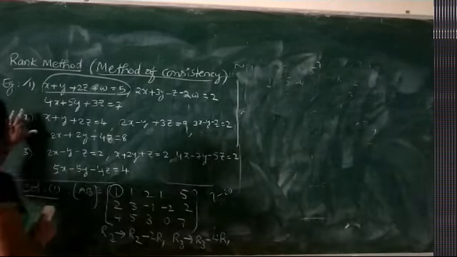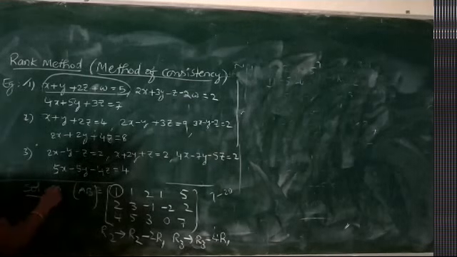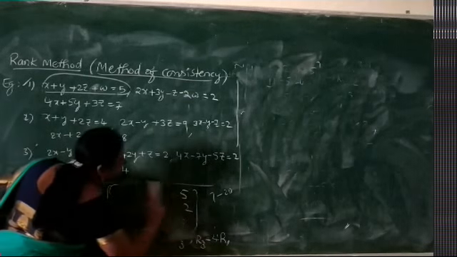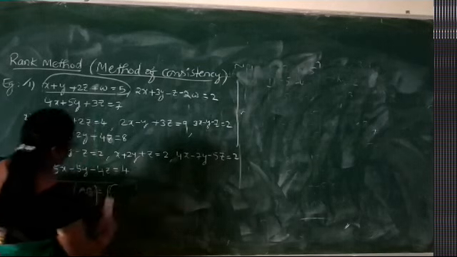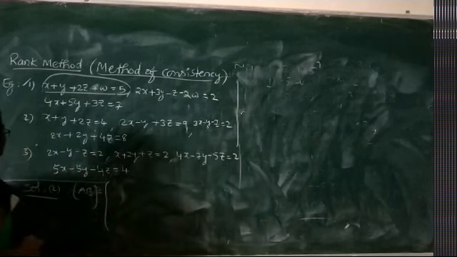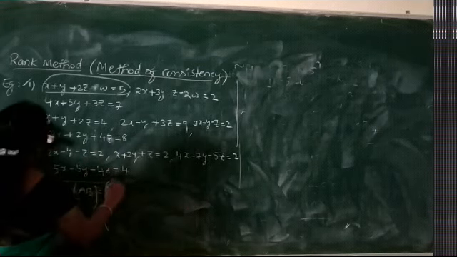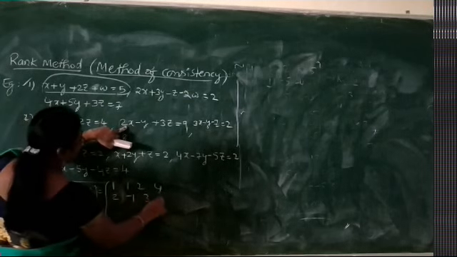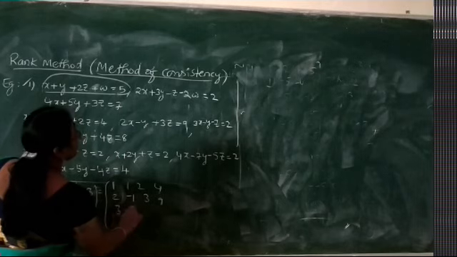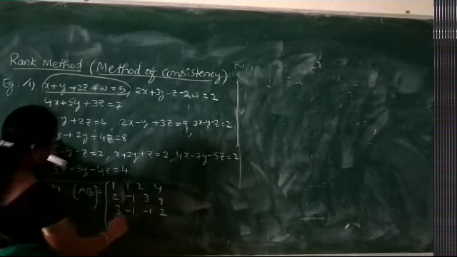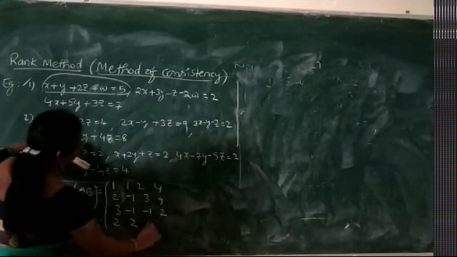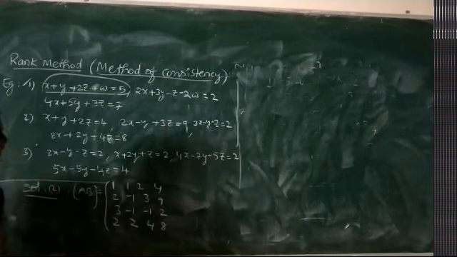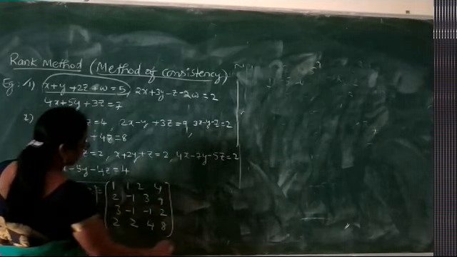This is our second problem given. Now from the second problem, we write down what is the augmented matrix first. Augmented matrix. First equation 1, 1, 2, 4. From the second, 2, minus 1, 3, 9. Third, 3, minus 1, minus 1, 2. Next, 2, 2, 4, 8. We have total 4 rows and 4 columns.